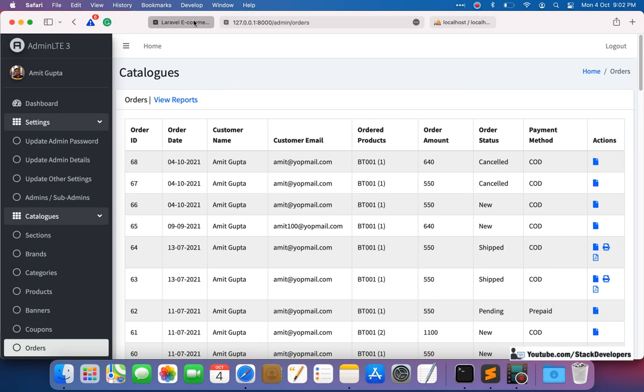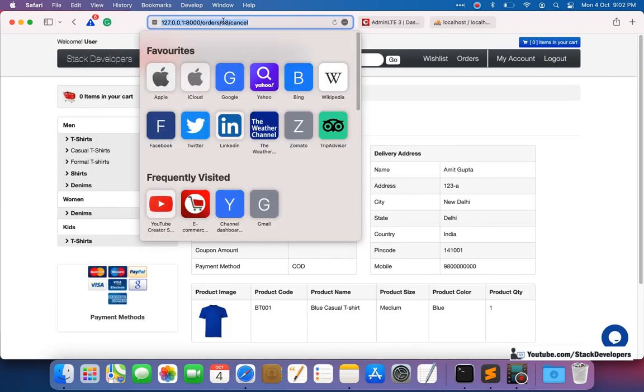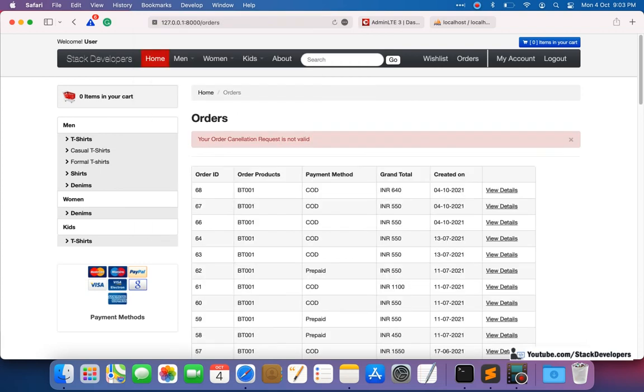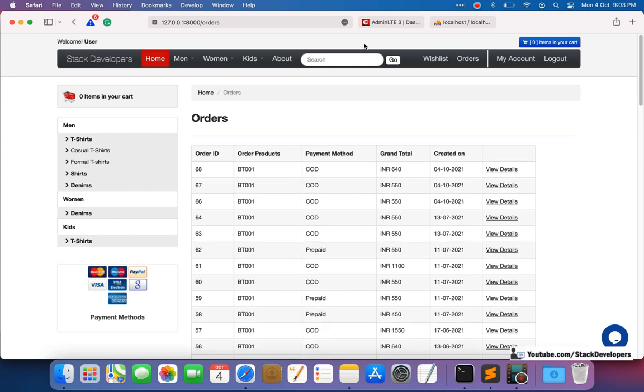So it must not cancel, an error message must come, as this is not the order of this user. Okay, so let's try it. See, your order cancellation request is not valid. You can see the error message is coming here because that order does not belong to this user who is logged in. Okay, so this is the error message.